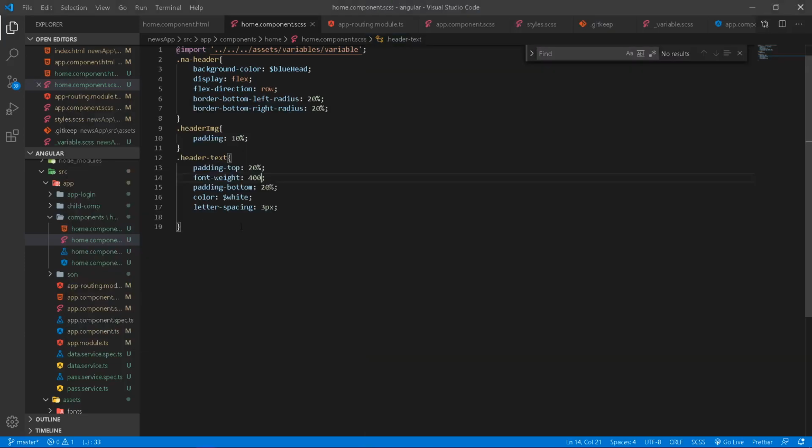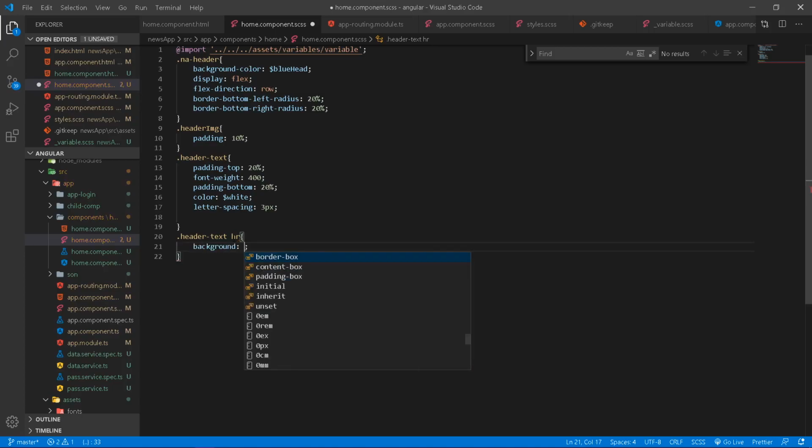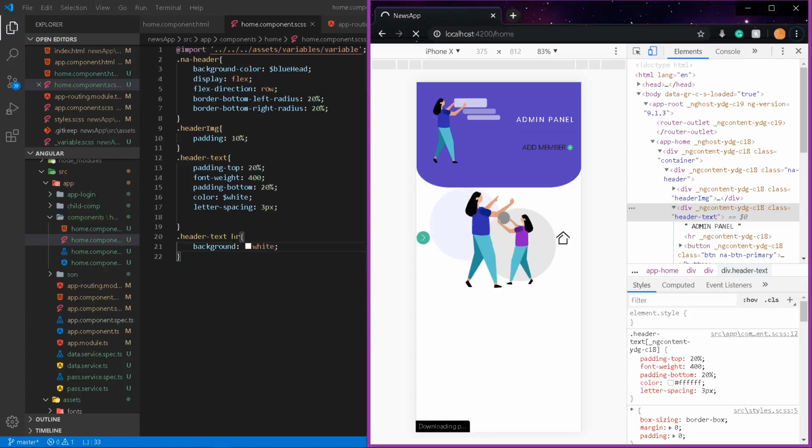So after that I have something called HR, right? So I'm going to access a header text with the HR, and I'm going to say background should be white. So I'll be able to get